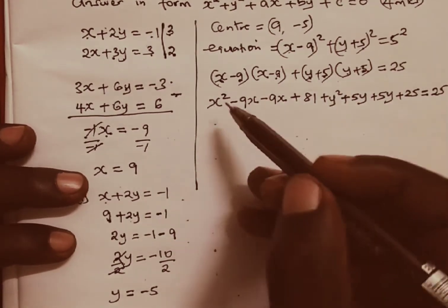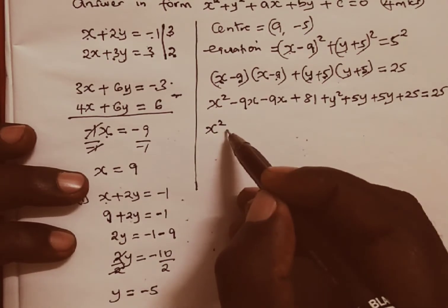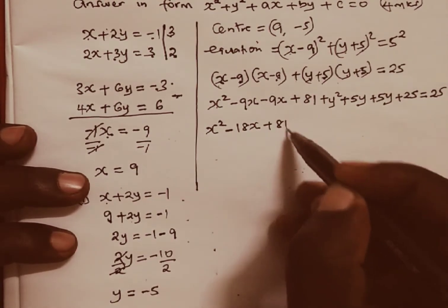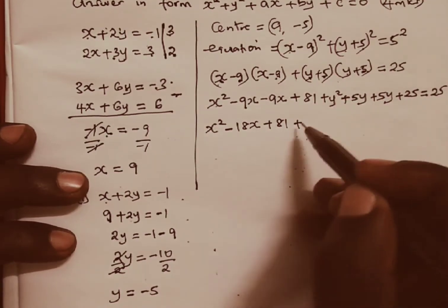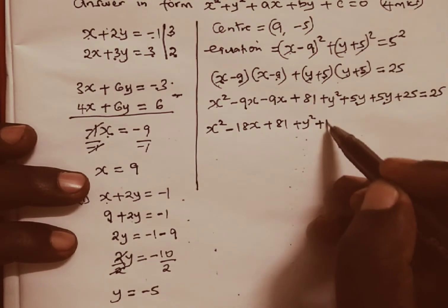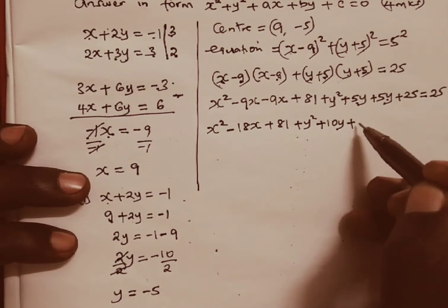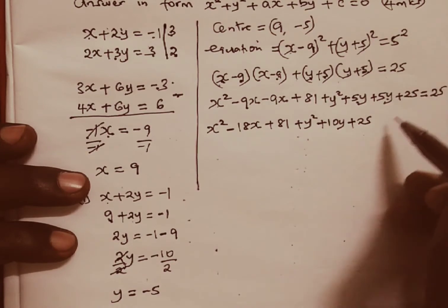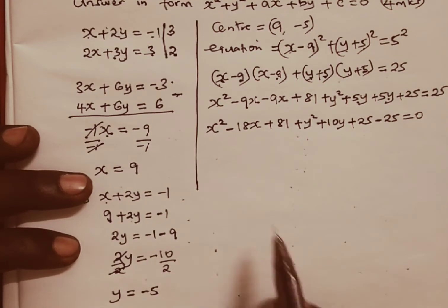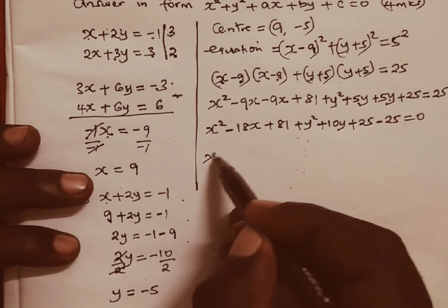Collecting the like terms, we are going to have x squared, minus 9x and minus 9x will give us minus 18x, plus 81, plus y squared. Then 5y plus 5y will give us positive 10y. Then of course plus 25. And if we move this 25 to the other side, we are going to have minus 25, which is equivalent to 0. So if we reorganize our equation, we are going to have the squares together,